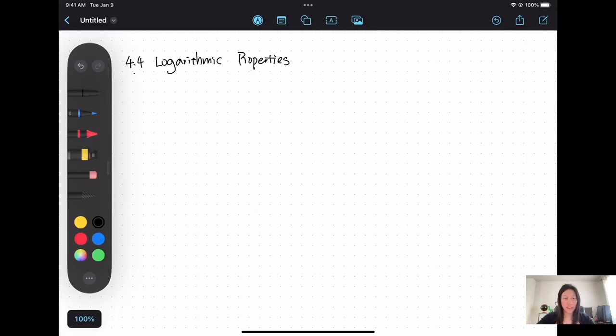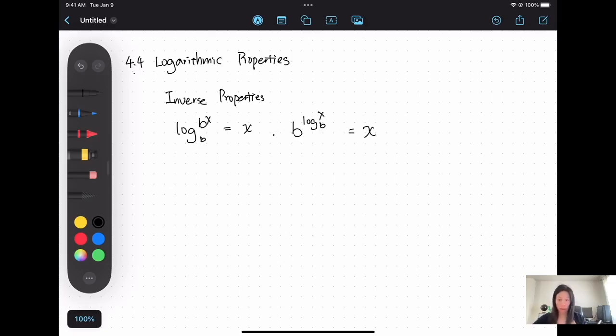Hello everyone, in today's video we are going to talk about logarithm properties. So in the last video we talked about the properties of log, such as the inverse property, which is log base b of b to the x equals x. Also b to the log base b of x also equals x. And then the exponential property,